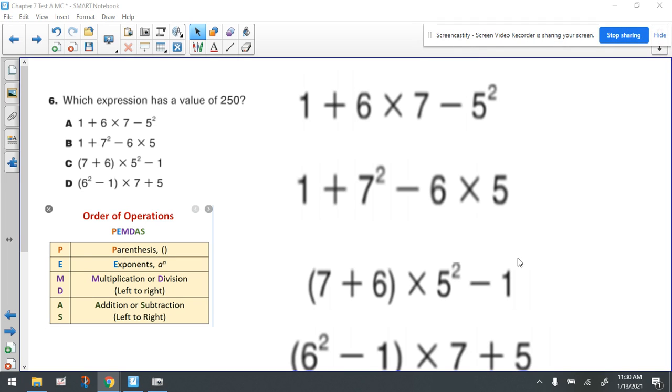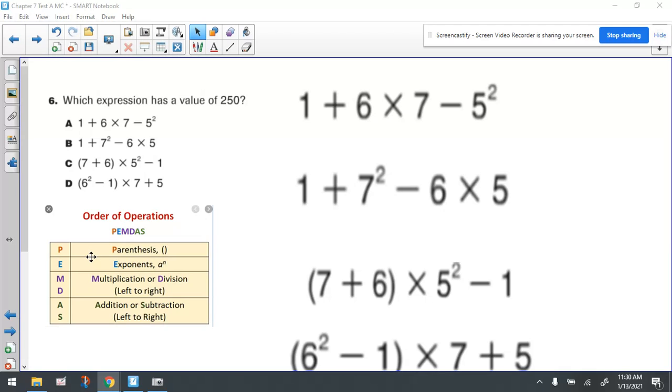Hey everybody, Miss Dietrich. We're going to take a look at number 6, which really takes a lot of time, and you just have to go through each question and carefully work out the answer. So it says, which expression has a value of 250? And they give you these 4 choices, and you want to remind yourself about what are the order of operations,